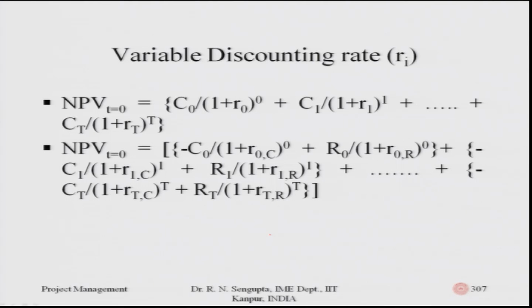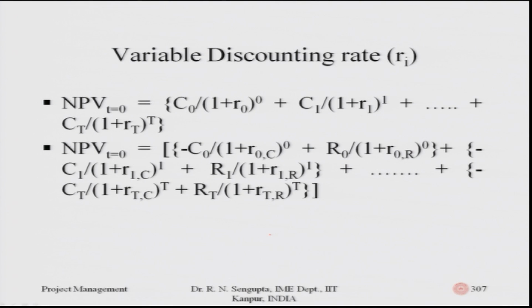For the variable interest rate, the concept is the same, only the values of the interest rate change. So, in the same concept, for the first one it is the variable interest rate. C0, C1, C2 are the net input output values calculated, provided they are at the same point of time, and the interest rates are variable, being R0, R1, R2 till RT, and the net present value, if I want to find out, is based on the fact that